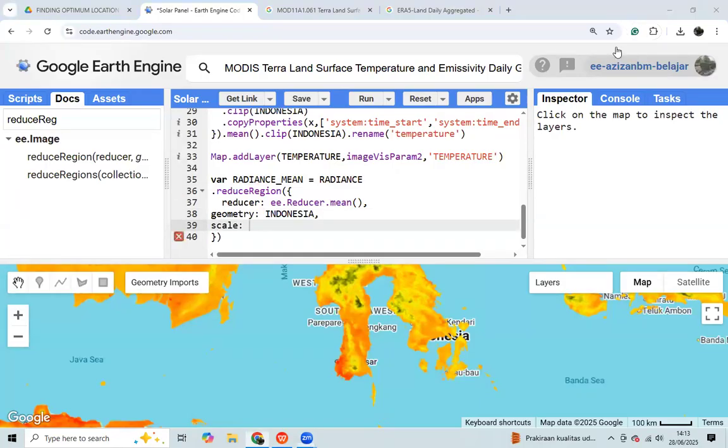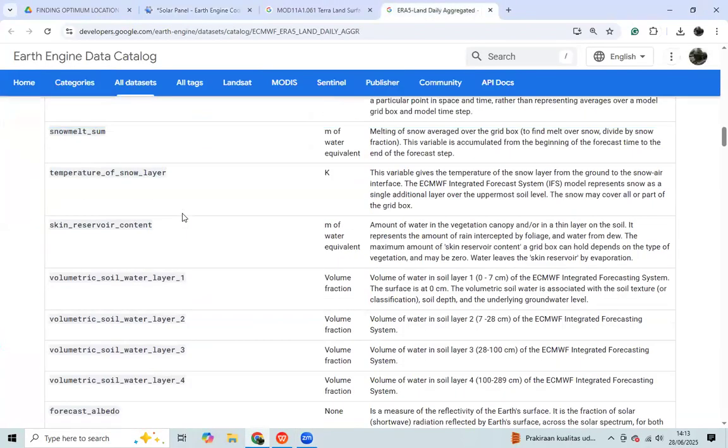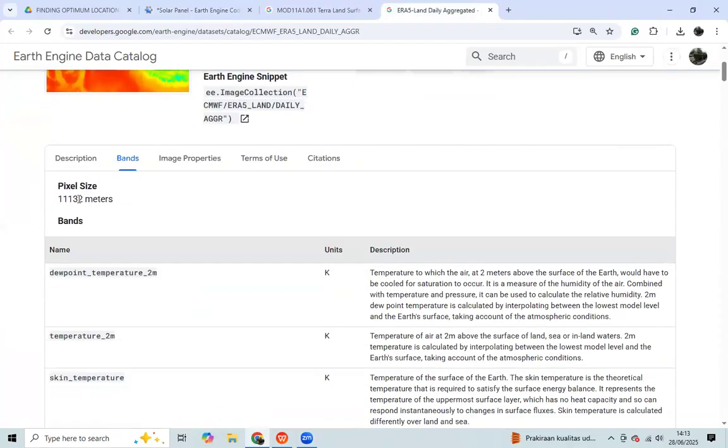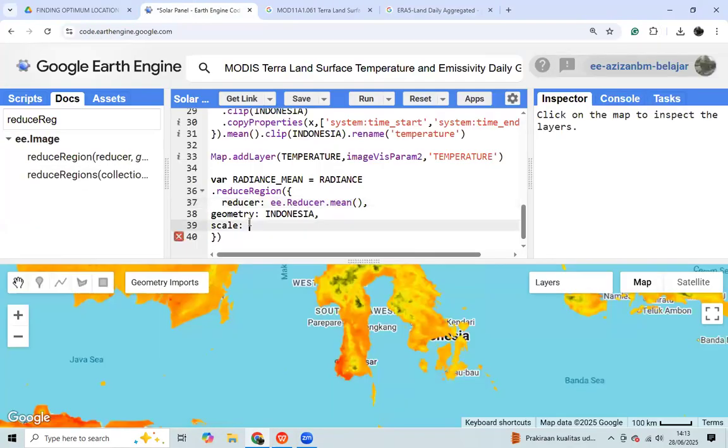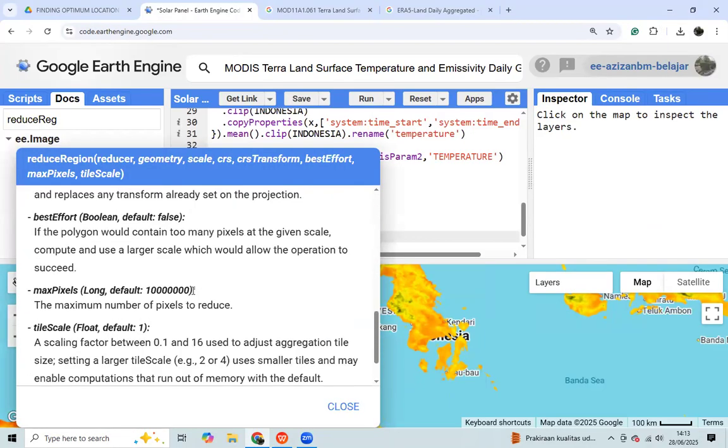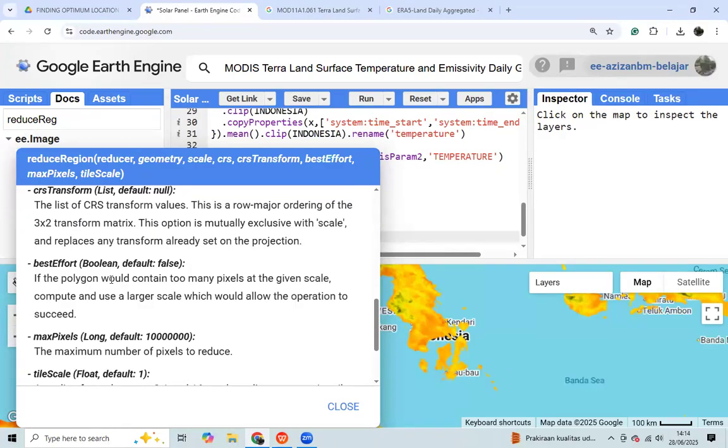The scale that we use, we can use the same as the data, which is the pixel size. And then we use the best effort option. If the polygon would contain too many pixels at a given scale, which is the scale of the data, you can use a larger scale until it succeeds.